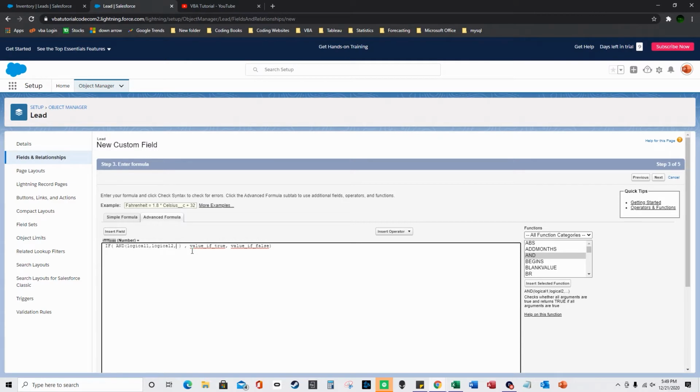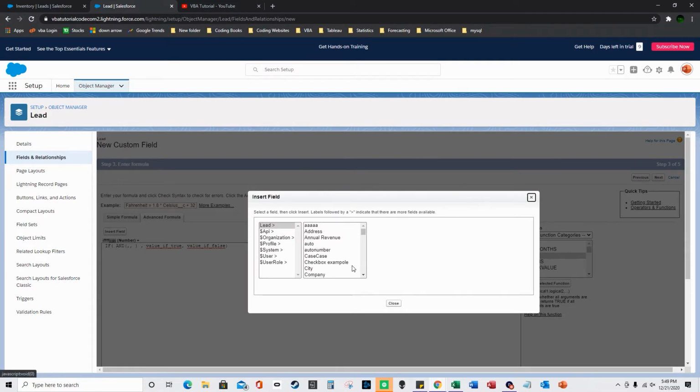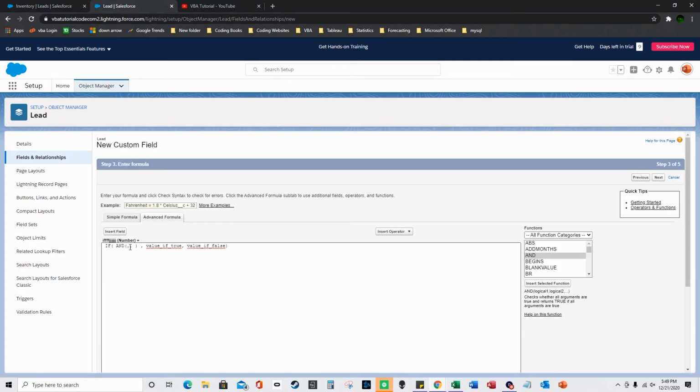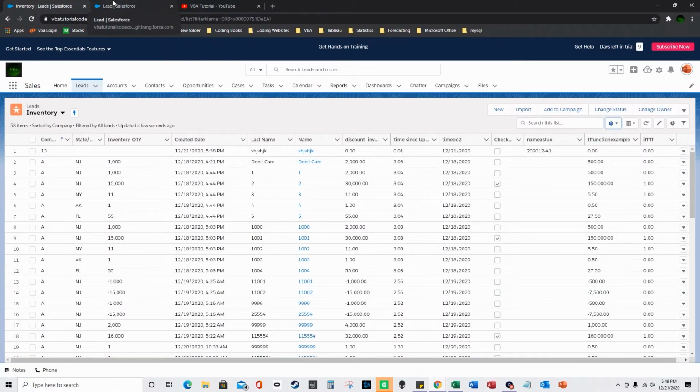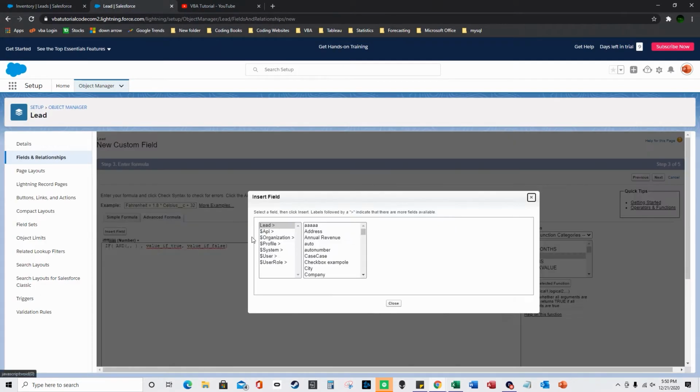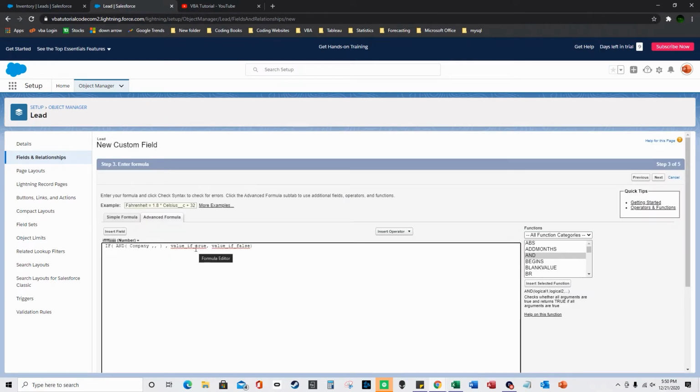I'm going to do 3 logicals. So actually I'm just going to do 2. No, I'll do 3 logicals. So let me look for something. So I'm going to do if it's New Jersey and it's equal to 1,000 and the company is A. So if the company equals A